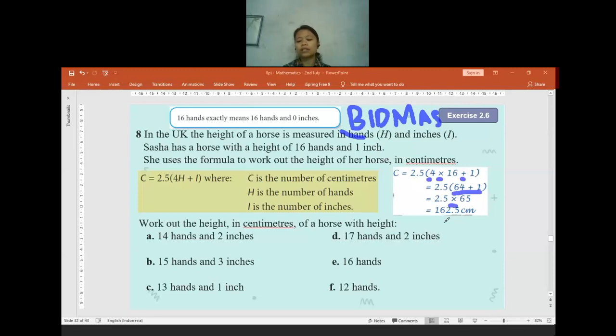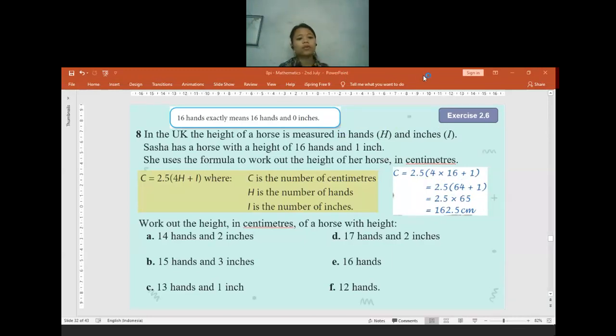Is there anyone who is confused about finding the height in centimeters of a horse when it's given the length in hands and also in inches? Is there anyone having difficulties? If no one is confused, please try to find the height in centimeters for question 8. It will be better if you try it first, so you will notice which calculation you have to do first. I'll give you about 5 minutes to finish until question 10. Later, we will discuss it all together, okay? Because the class is so quiet, I think it will be better if you try it first.